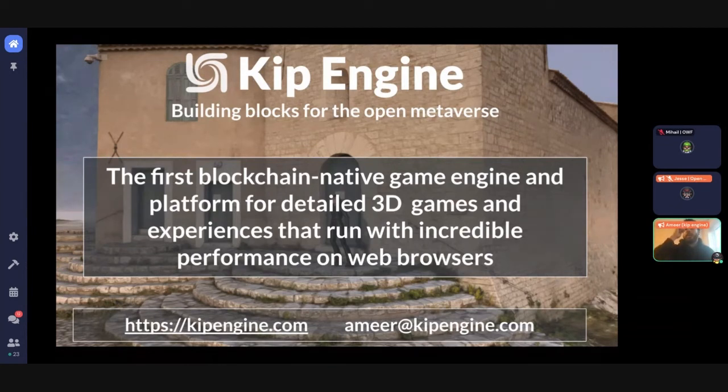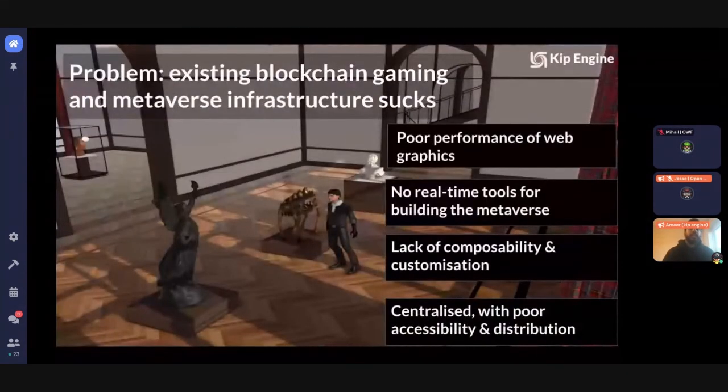On the web browser, you've got Unity, but that's not really super performant when it comes to big open world experiences. The problem with the existing game engine and metaverse infrastructure is that it basically just sucks. The web graphics perform poorly, they're really slow to load, they're resource intensive, and the mobile browser experience either doesn't exist.